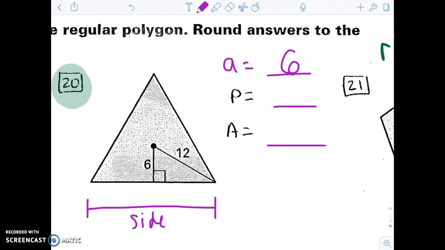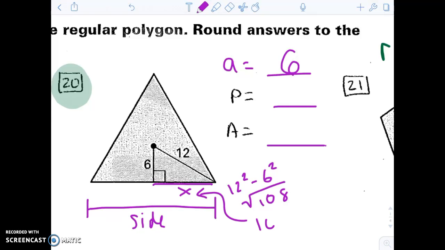So to get the side length, I'm going to first just find the length of this piece, which I can do using the Pythagorean theorem. So if I calculate really quickly, by taking 12 squared minus 6 squared, you get 108, and then you square root it. You would find out that that little length right here is actually 10.4. So since this is 10.4, this would be double 10.4, so your side would actually be